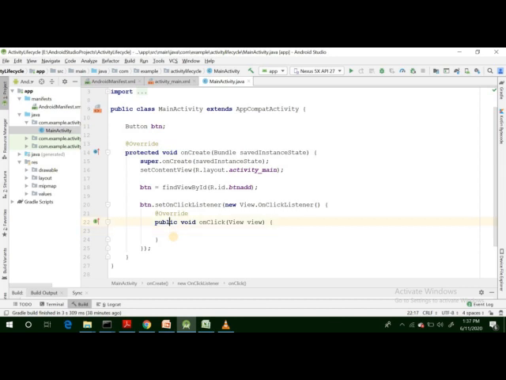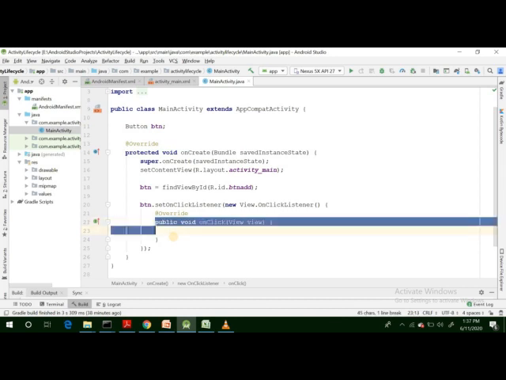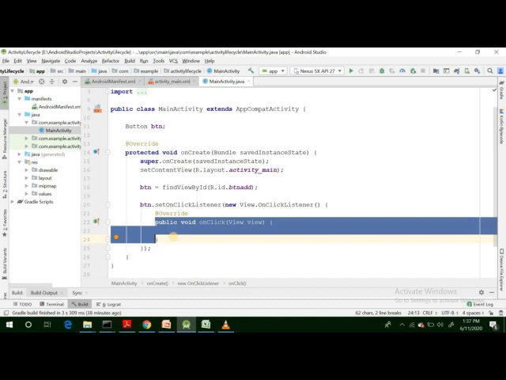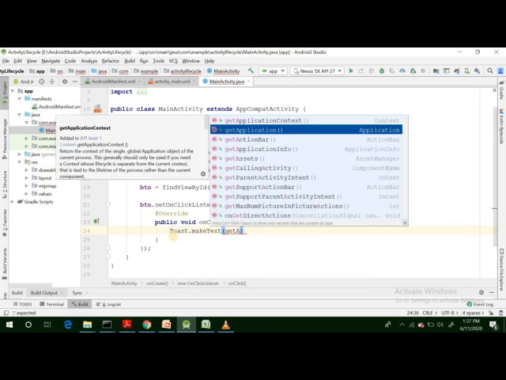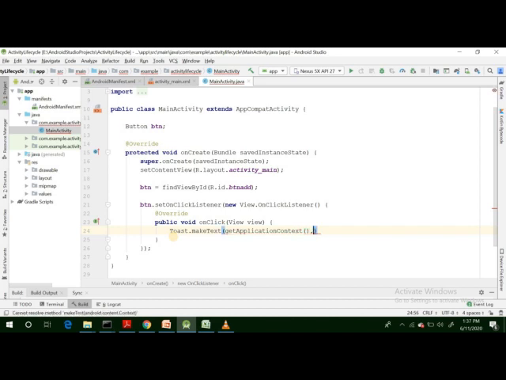Now this is the method in which we will write the logic behind the button. Simply, when we click the button, we want to show a toast that will tell us that the button was clicked.